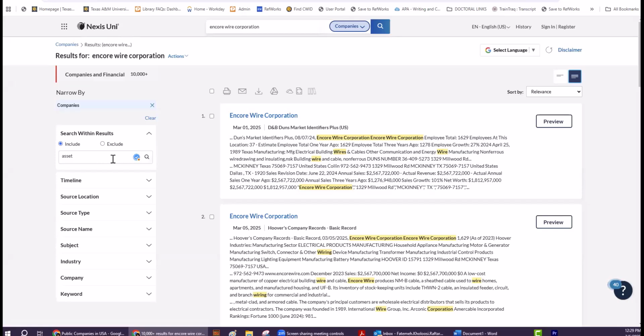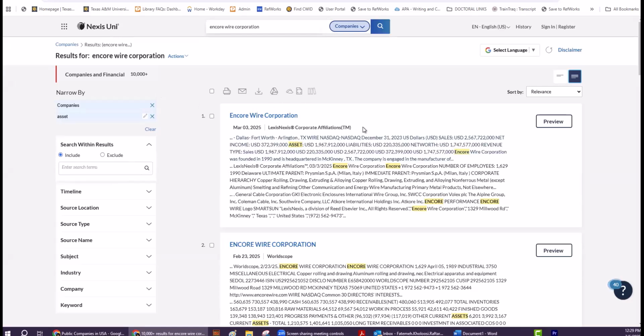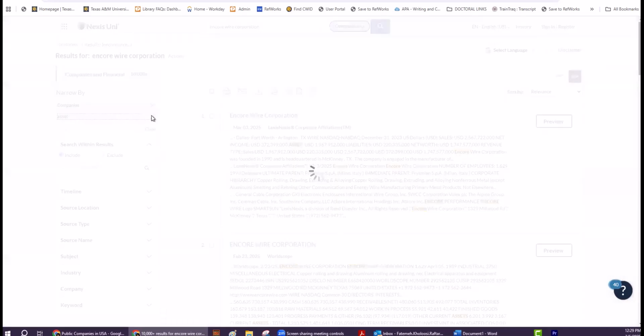So assets. So let me see. I'm looking for assets, kind of articles or reports or whatever on this company and its assets. I just put asset randomly. You see the keyword assets. So it's going to give me some resources where asset is indexed. So I need to go through those and read the preview and see how much is relevant. It is one way of searching. If you're not satisfied, or if you were looking for others, you may remove that like this.